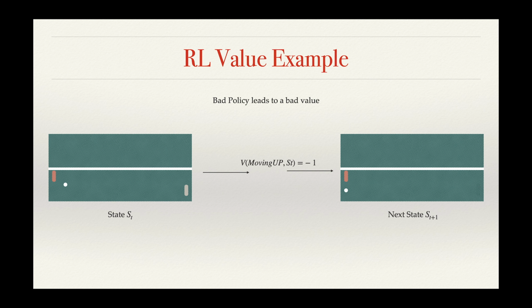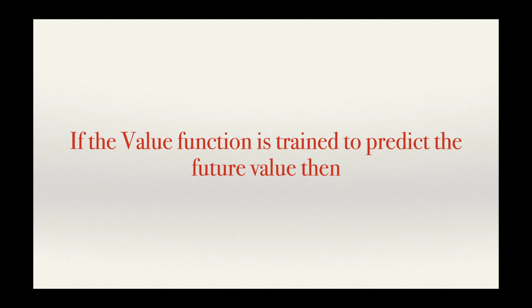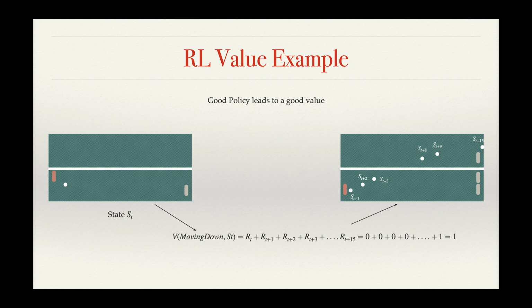Now, a bad policy leads to a bad value function, because if I move up with the current state, I would let the ball in. If we consider the action and the state in the value function, then the output of the value function would be equal to -1. Or if I hit the ball here, the value would be, for example, if I look at this state, it would tell me it's a 0, or actually it would tell me it's equal to 1, because the value usually considers not only the current reward